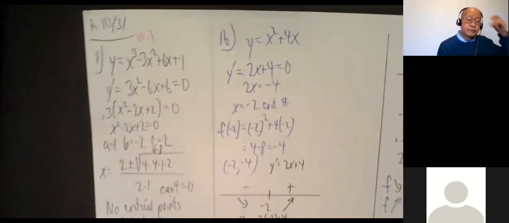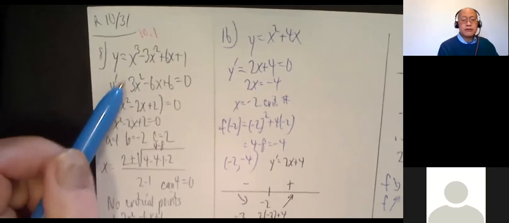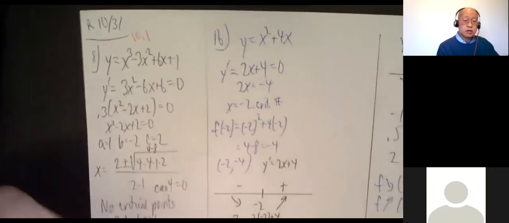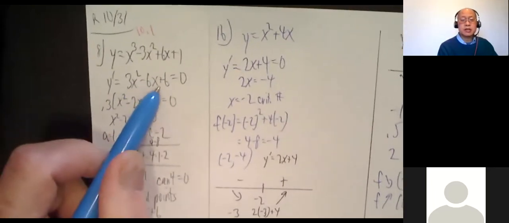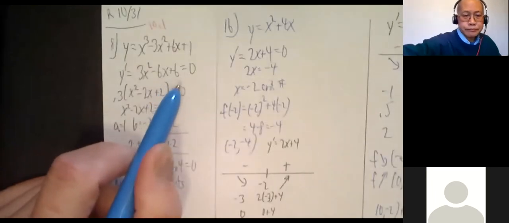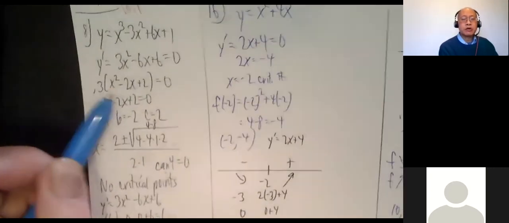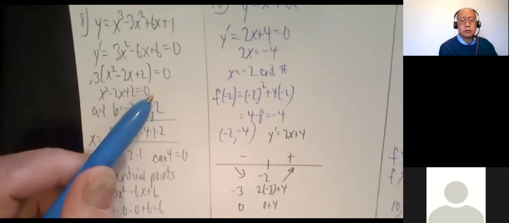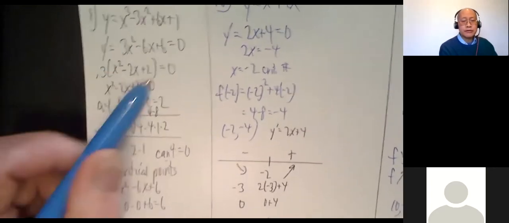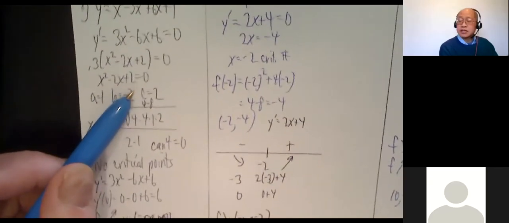All right, number 8, what's happening with the graph? Take the derivative. Y equals x cubed minus 3x squared plus 6x plus 1. So the derivative is 3x squared minus 6x plus 6. Set it equal to 0. I can factor out a 3. 3 times x squared minus 2x plus 2 equals 0. Well, 3 can't equal 0, so I have to set this equal to 0. X squared minus 2x plus 2 equals 0. This is not factorable,